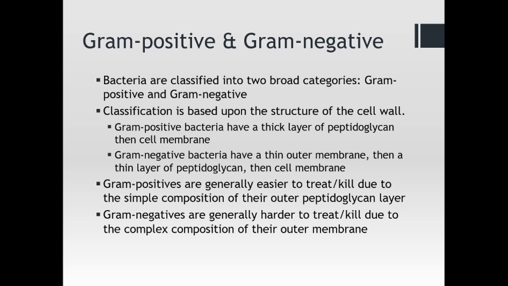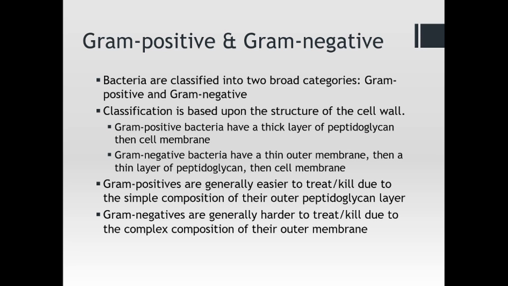So what makes gram-positive easier to treat or kill? Well, the peptidoglycan, like I said, is just proteins and carbohydrates. If you can tear apart and take down that peptidoglycan, that wall of protection is gone and it's pretty easy to get rid of. Remember I said the peptidoglycan is like a log raft held together by protein ropes? Well, if you cut the ropes of a log raft, what happens to the raft? Well, if it's not held together, the raft is going to fall apart. And that's what happens to the gram-positive cell wall, the peptidoglycan.